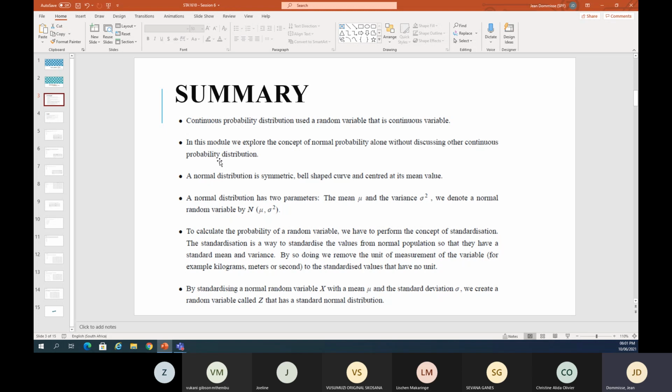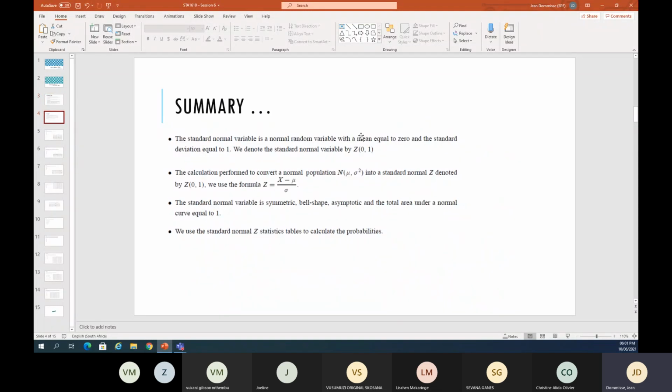So we're looking at what a normal distribution is, how it is shaped, those kinds of things. But I will talk about that when we also look at some of the questions. That has come up a few times on the chat as well. When we talk about a normal distribution, we can also say approximately a normal distribution, which will be the same calculation when you work it out.